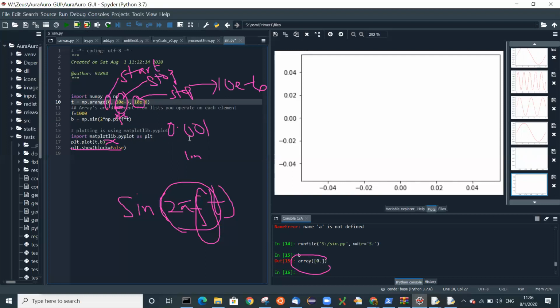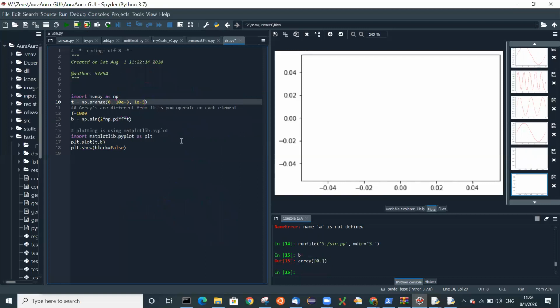What do you think E means? Because you're writing this 1e again and again. 10e minus 6 is equivalent to 1e minus 5. E does not mean 10 to the power of. It means something multiplied by 10 to the power of. It doesn't mean the first element's 10. Is it clear? Okay, first plot.